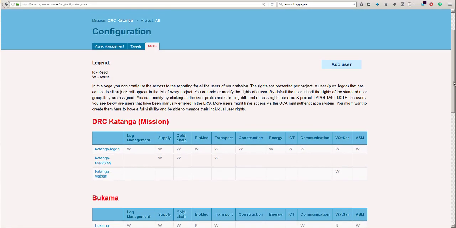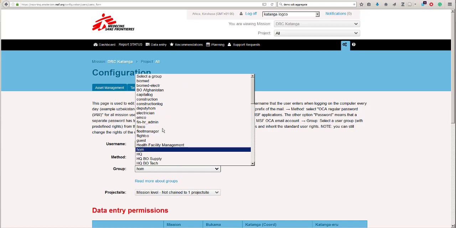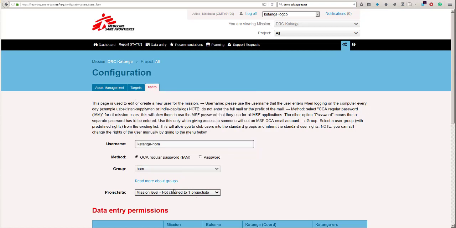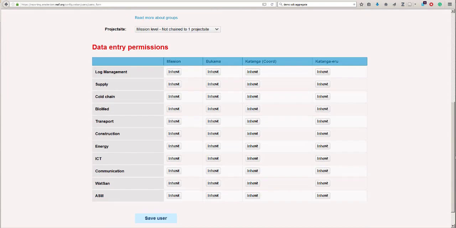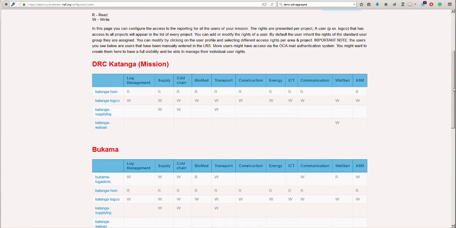I will show right now how to do that. You can create a new user by clicking on this button, Add User. In the name, we will put the username, and again, it's the username that people use to log in to their computers. The OCA regular password is what we use. We assign this person to the user group head of mission, and she or he is at mission level. So we see here this person has access to all the projects, and he inherits the default user rights from the user group. By saving, we see that now the head of mission has appeared here,